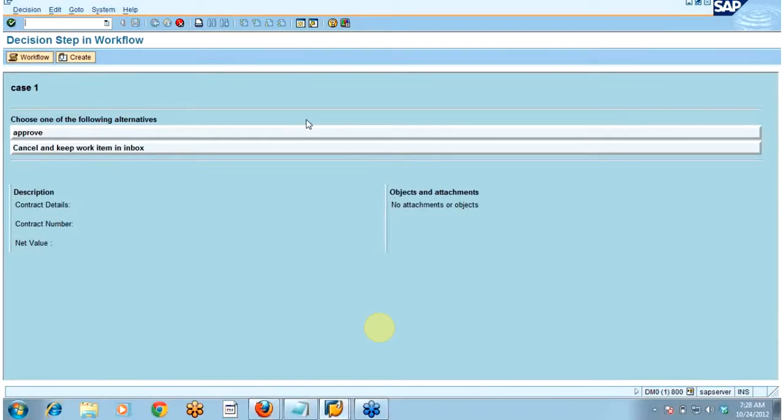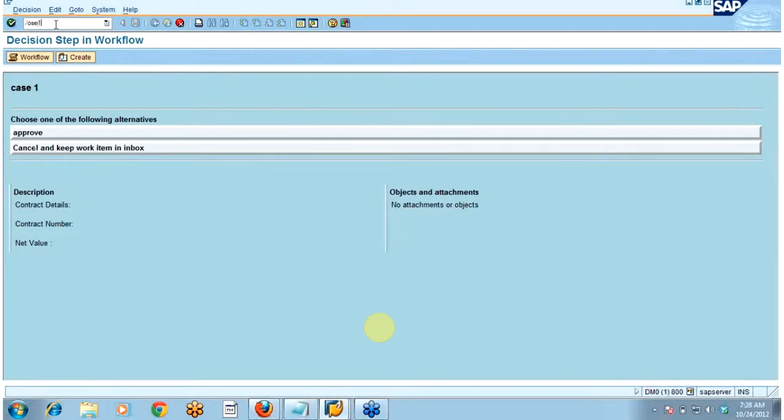The prerequisite to create the form step is you need to have one structure in your workflow container. So for that you will have to build one structure, and that structure will be bound with that form, and that form will be opened with the help of that structure. So first what I have to do, first I will be creating one table.